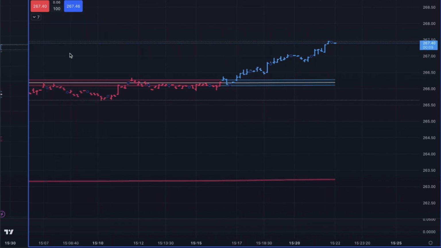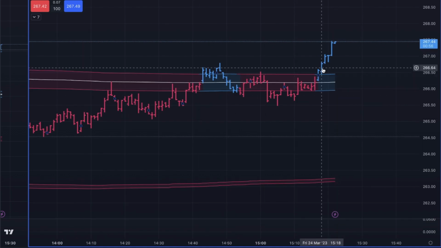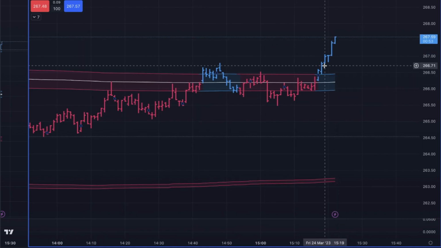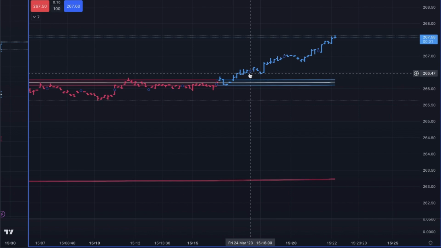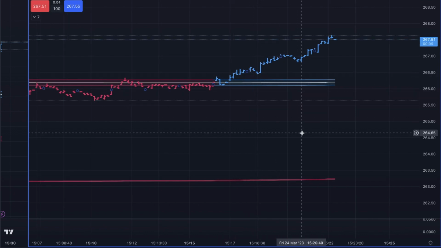So in comparison to entering into the trade right around here, so the time on this is 15:19. Let's look at it, 3:19, and let's look at it over here. This is about 3:17. This is about a minute or two before, but that minute or two before can make a big difference when it comes to trading,